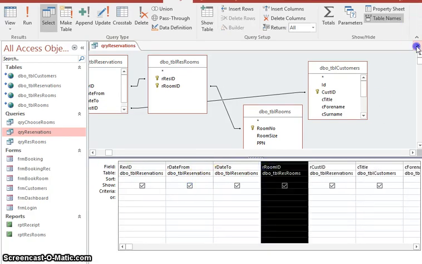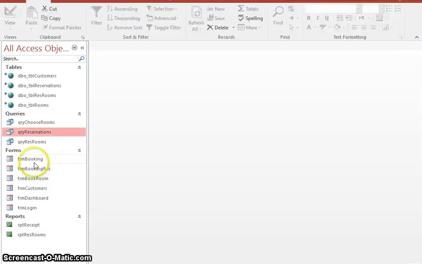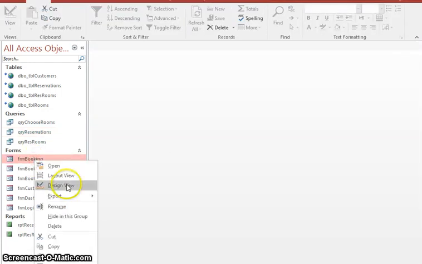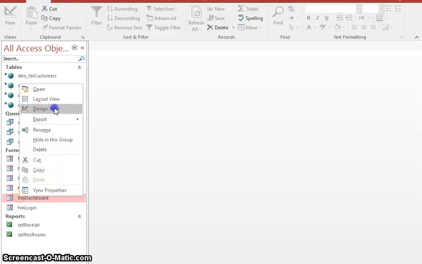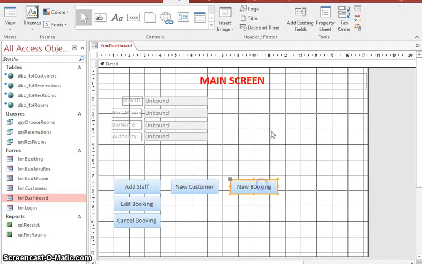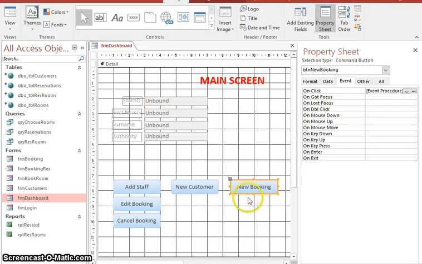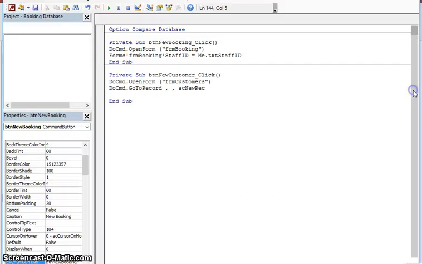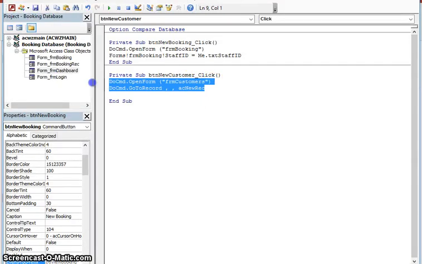So onto my code, and the big part of my code is actually I'm going to start off with the new booking. So in my dashboard I have the staff ID carried across from the login, so basically in the new booking button event I've got